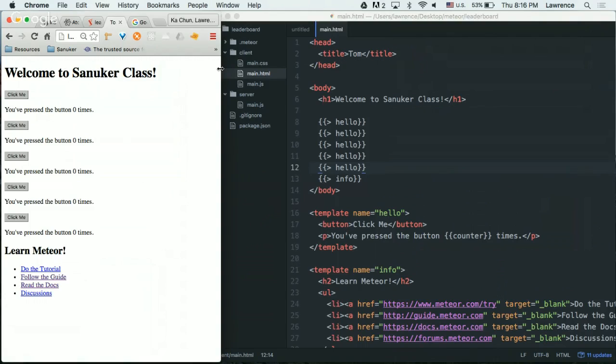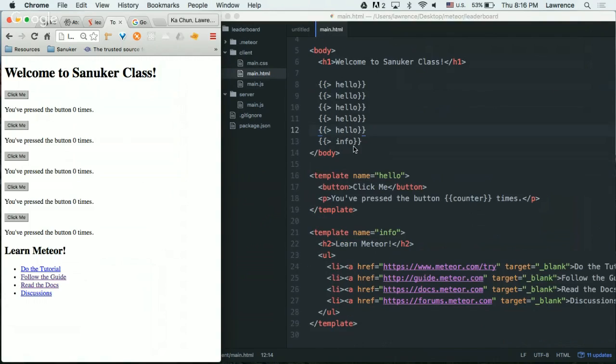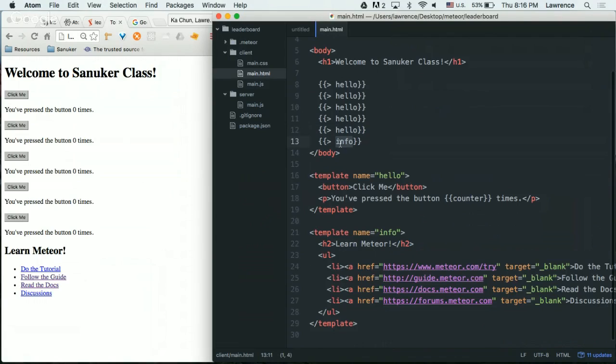We're going to use some later. So in here you can see an info. Info is corresponding to another template. So you can see this learn Meteor and a lot of URL links are the bottom part. Okay, so far you can understand more about how, in a Meteor HTML world, you can save your time of rewriting the same code by using templates, which also help you to organize.